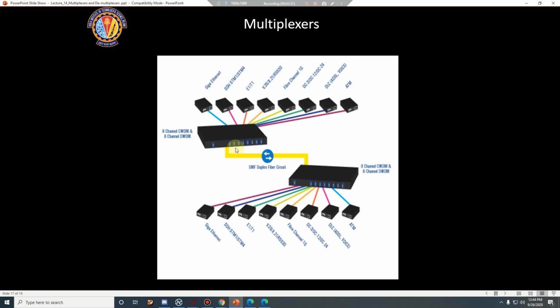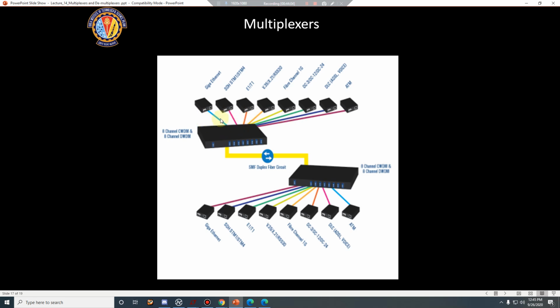Similarly, if you have your LAN networks, right? So if you have various L2 switches which are providing you internet in the campus, and there will be one L3 switch. These will be slower rate switches, say only a 1 Mbps line. So this will be some 8 Mbps line, or a 12 Mbps line, and it will keep taking the inputs from each one of them in a multiplex. It will multiplex these signals.